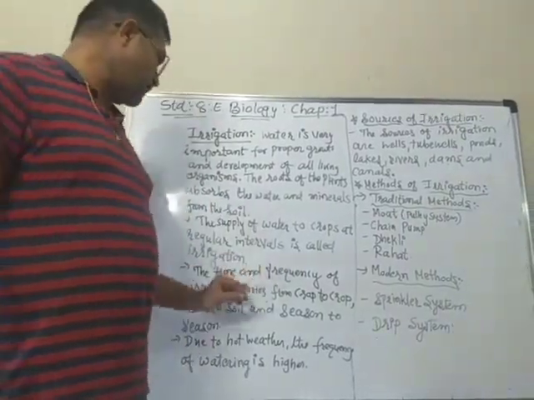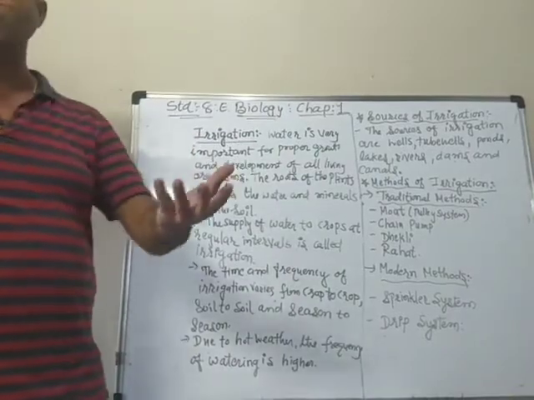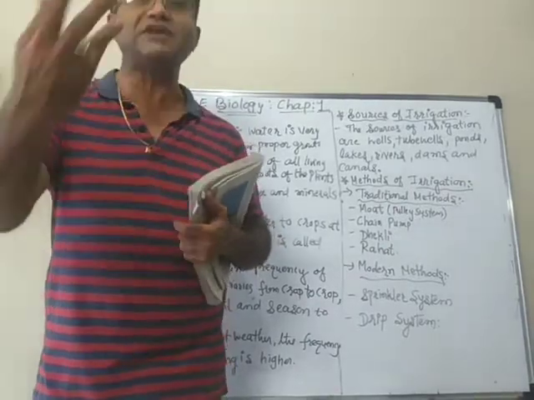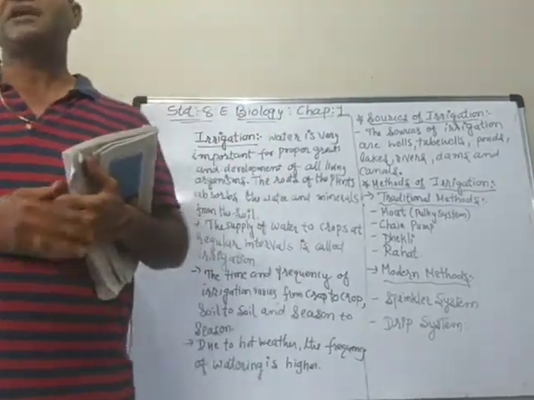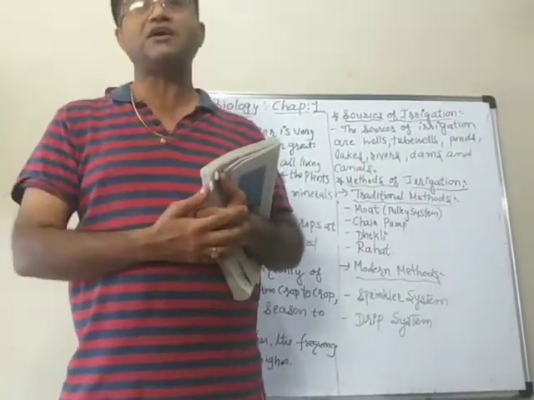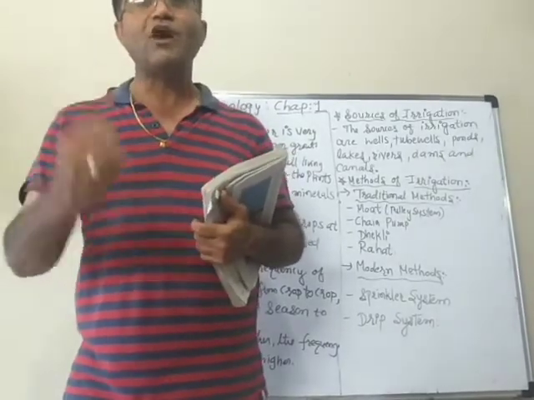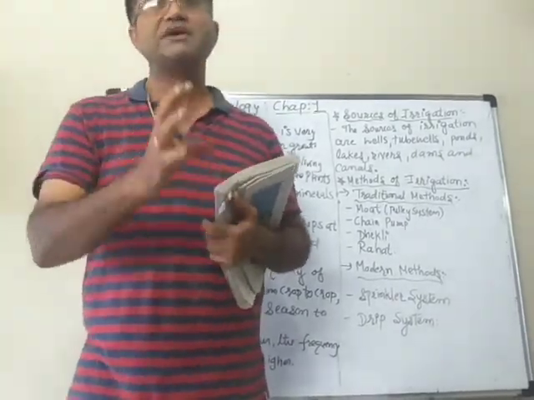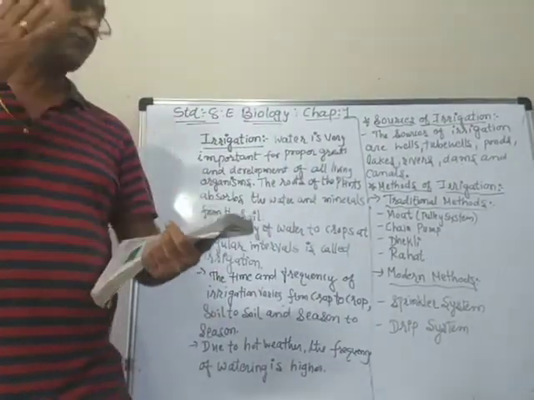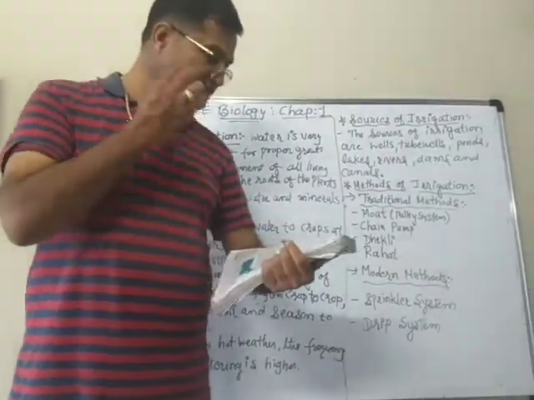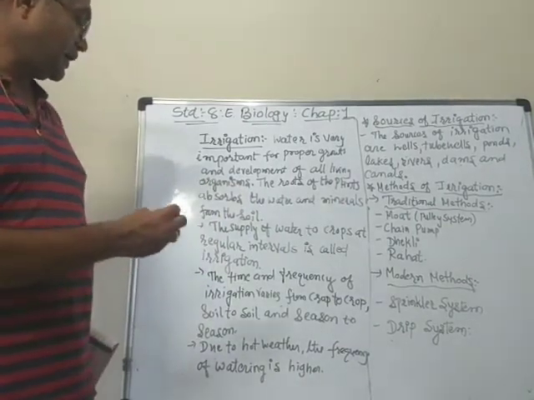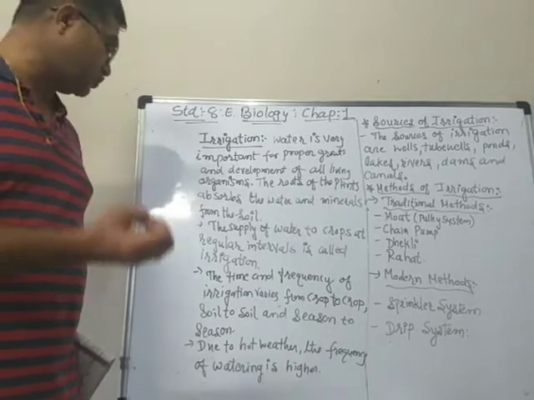So the time and frequency of the irrigation also varies. Some of the crops are such that you have to give the water regularly, means every day. Some of the crops are like that we don't have to give water every day, maybe once in a week or 2 or 3 times in a week, and so on. So it depends what types of crops are there. So time can also vary, and the proportion of the water also can vary from crop to crop, soil to soil, and season to season also. And thus we can water according to the requirement of the crop.